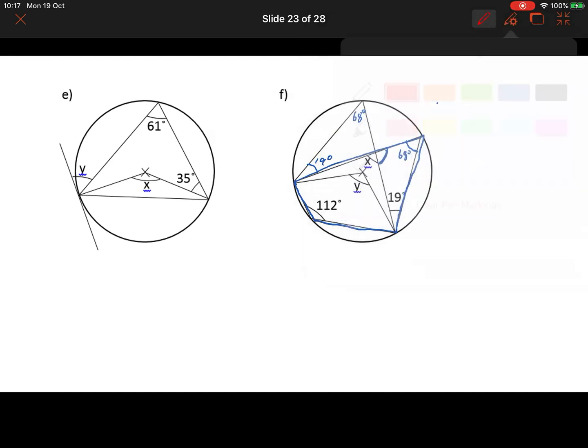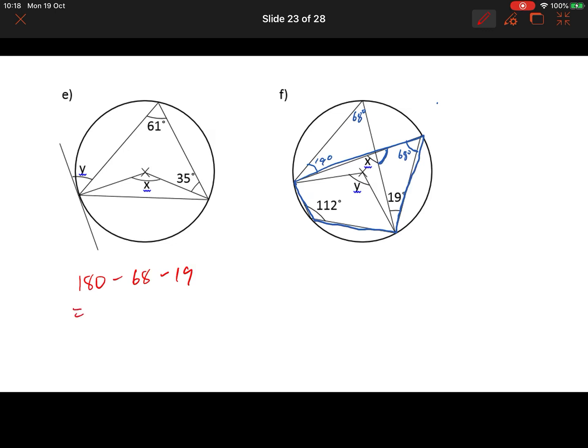And this angle I can know because the sum of interior angles of a triangle add to 180 degrees. So 180 minus 68 minus 19, use a calculator. 180 minus 68 minus 19 equals 93. So this angle is 93 degrees. So now I can see x is equal to 87 degrees because angles on a straight line